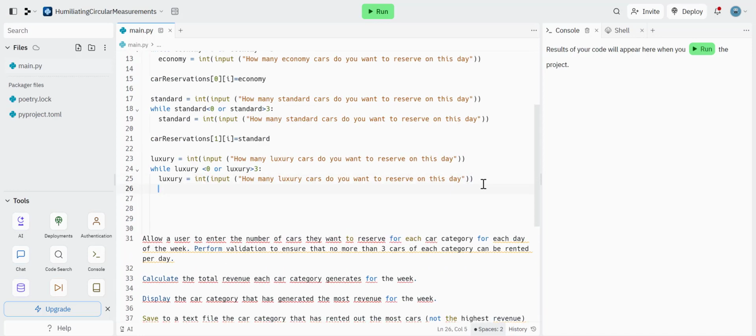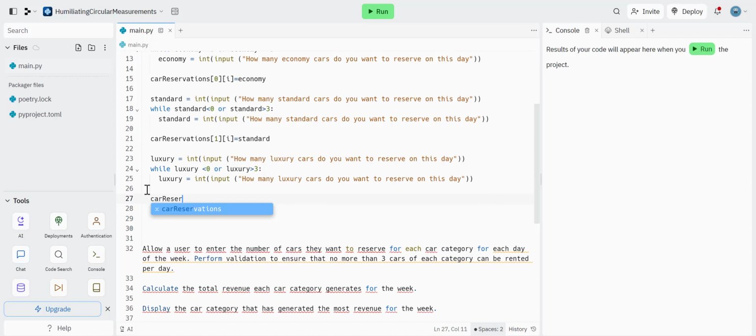Once the loop breaks. Remember, this loop may not even run because it's a preconditioned loop. If they type in 2 cars, that is correct, so this loop won't even bother doing its job. It doesn't need to. So this time, though, we're going to update car reservations